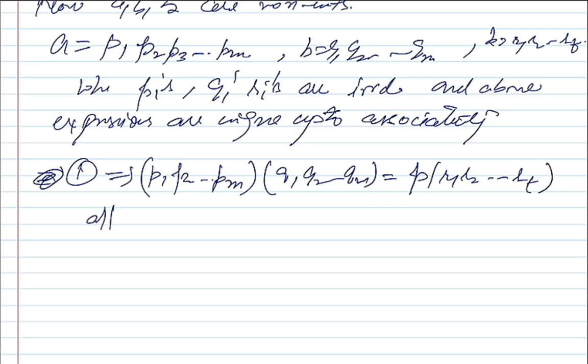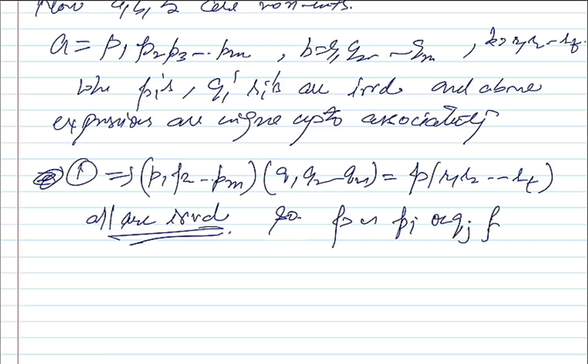Now all are irreducibles. So P must be associated to some Pi or Qj. Okay, because there are two expressions as a product of irreducibles in a UFD, so they must be unique up to associativity. Okay,